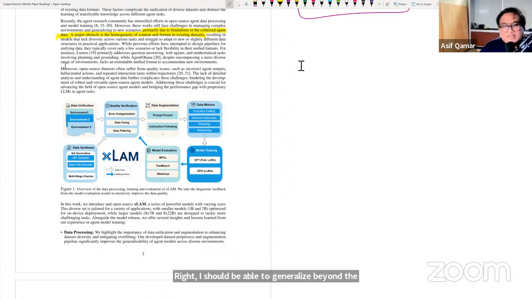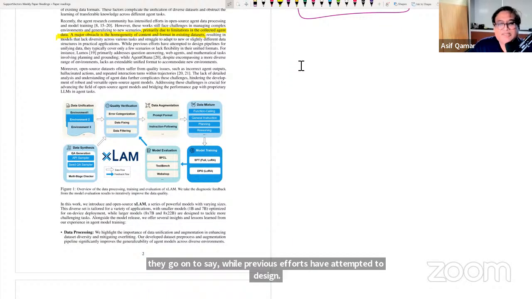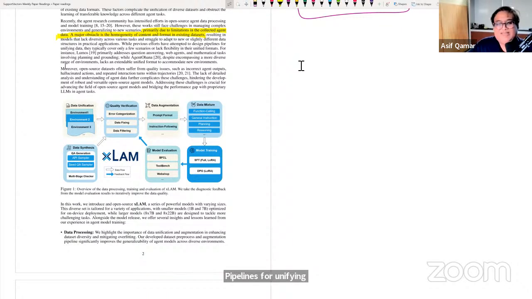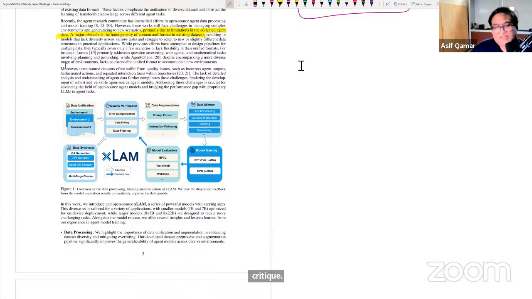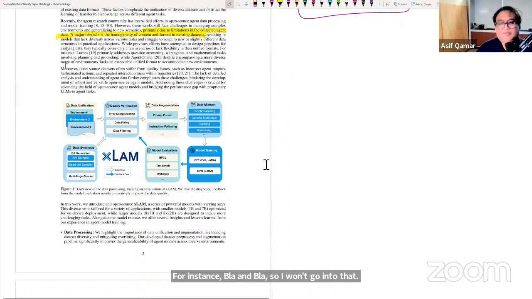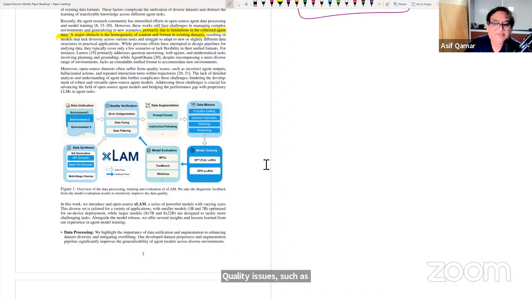So they go on to say, while previous efforts have attempted to design pipelines for unifying data, they typically cover only a few scenarios or lack flexibility in their uniform format. So this is sort of a critique of where we are today. For instance, blah and blah, so I won't go into that. Then it goes on to say, moreover, open source datasets often suffer from quality issues such as incorrect agent output, hallucinated actions, and repeated interaction